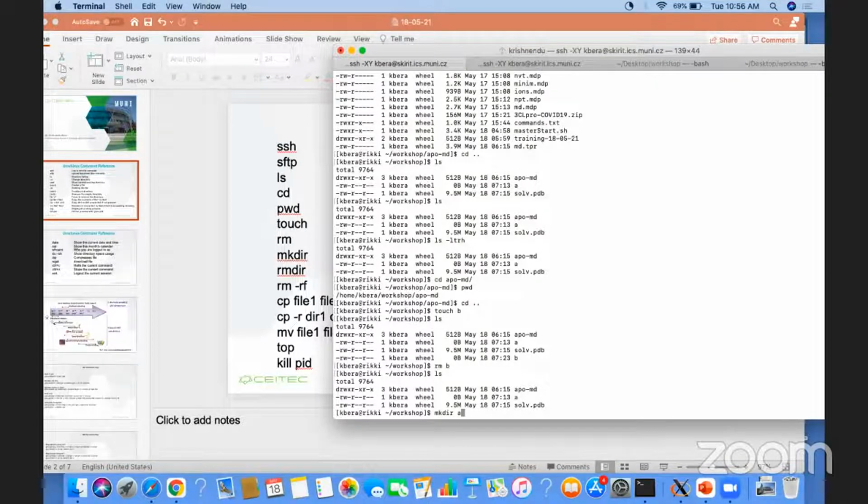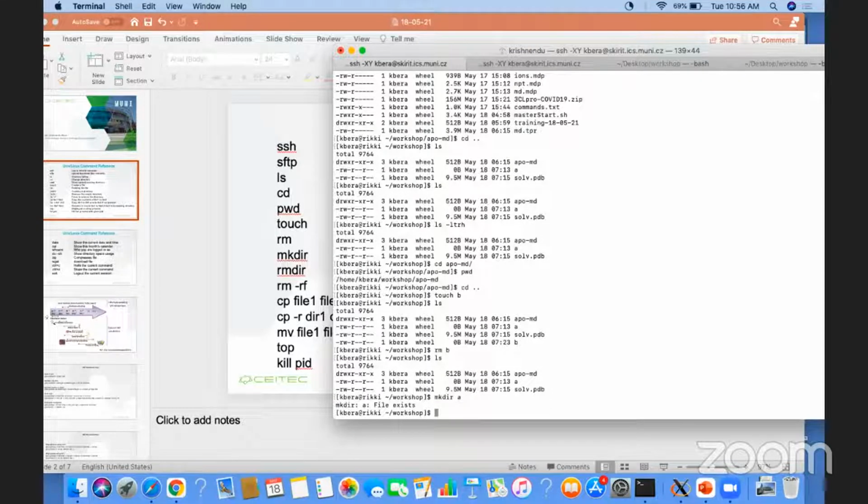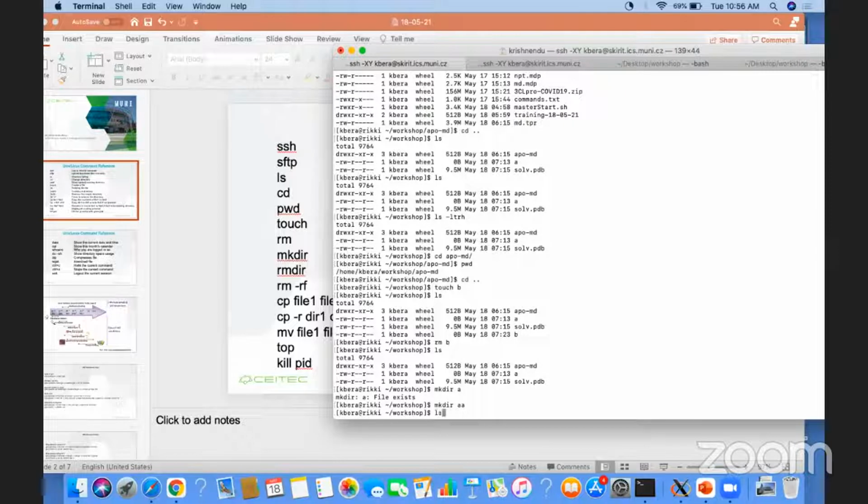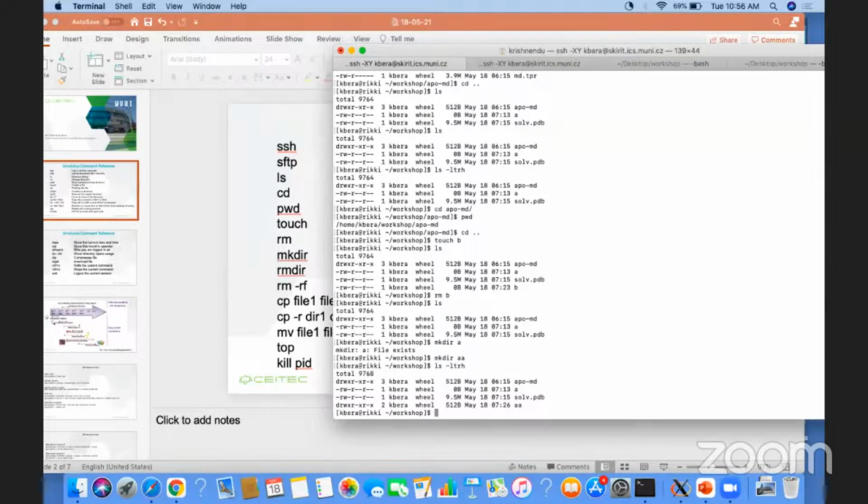mkdir, so directory name, and enter. Okay, so it's already a file is there. Let's say AA, and it will create the directory. So basically, how you will distinguish between the directory and